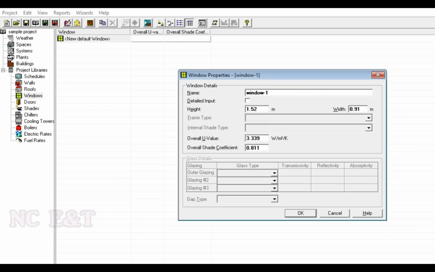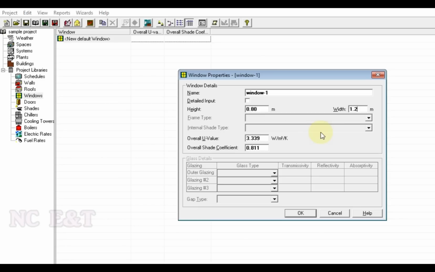If you are using different types of window in your project, different sizes and different materials, you can create different windows, window 1, window 2 and window 3 like this as per their properties and size. For our sample project we are using the window height 0.8 meter and the window width 1.2 meter. So we'll put these dimensions. The U values we already calculated and we will use as the default values here.